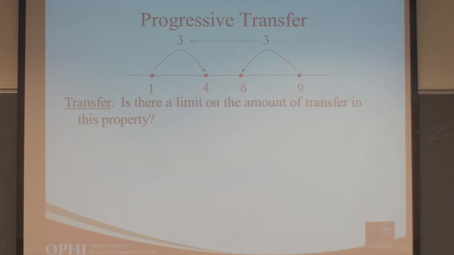Is there any limit on the amount of transfer? It says that yes, it does. Post-transfer income cannot fall below the lower pre-transfer income. So you cannot transfer in such a way that this person's income falls below 1. So that is the restriction on transfer, so that the post-transfer incomes should be at most equal to this 1 and 9. It cannot cross this particular limit. Anyway,